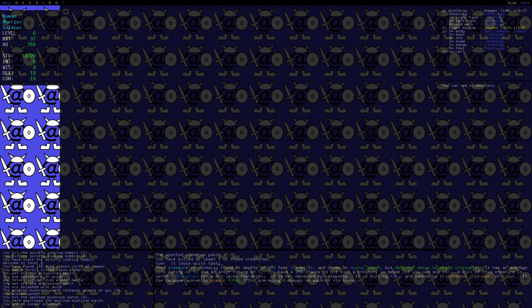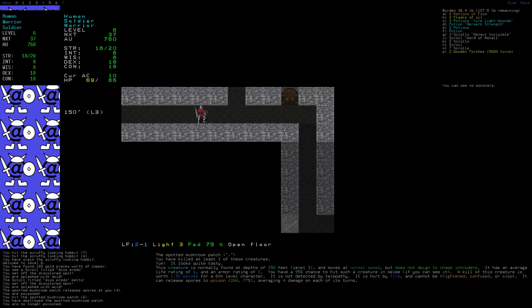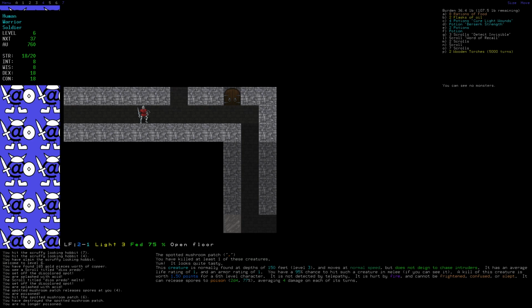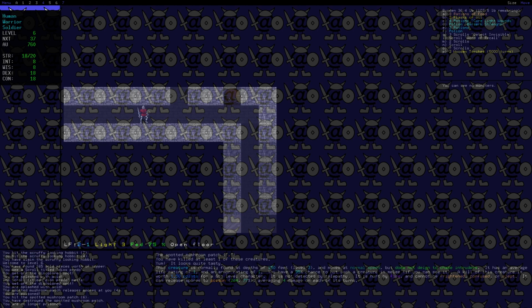And then there's an option in Angband to set sidebar mode, with 0 or O, and you just cycle that to none. So you basically replace the main window sidebar with this separate sidebar subwindow,